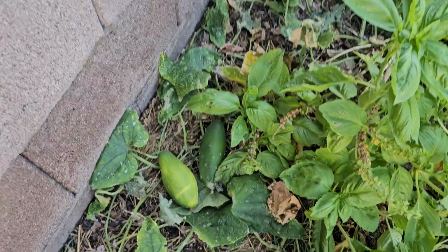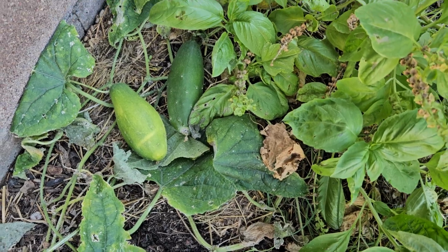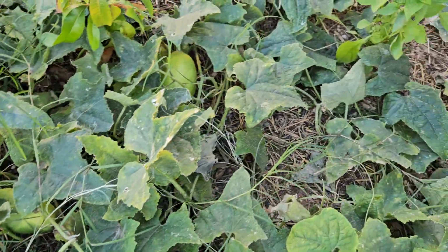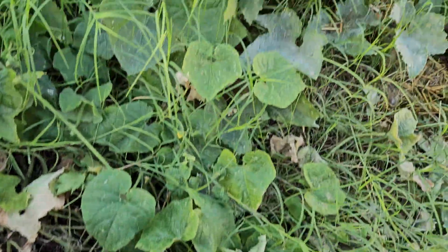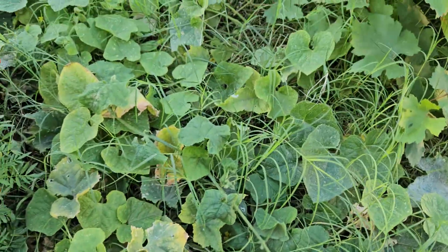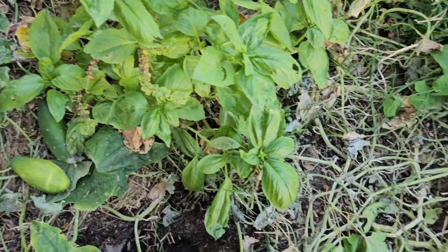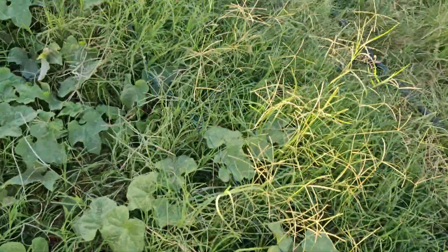a treat, something new. Yeah, so you can see these guys aren't going to mature. They're probably just going to die there. I have a few more cucumbers in here that are a little bit not great because certain parts of the plant are now broken off, so they're no longer getting the nutrients they need to grow into full cucumbers like the giant ones I was getting before. So that was such a fun surprise this summer though,